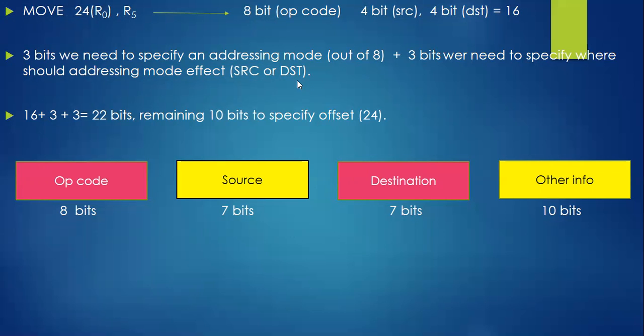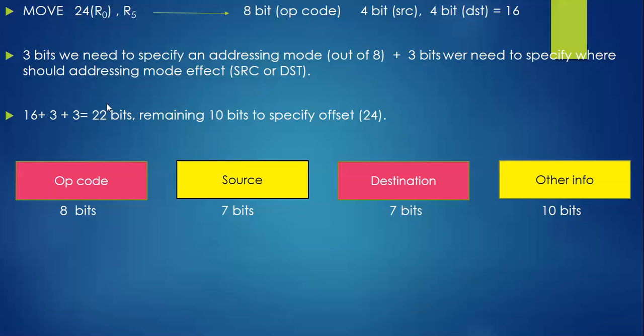Where it is affecting, either source or destination, for that we need exactly 3 bits. Now see here, totally how much it was without any addressing mode? Without any addressing mode, we were expecting 16, right? 8 for opcode, 4 for source, 4 for destination, total 16. Now 3 plus 3 got added over here, right? So 16 from here, plus 3 to specify the addressing mode, plus 3 to specify where exactly it is affecting, whether